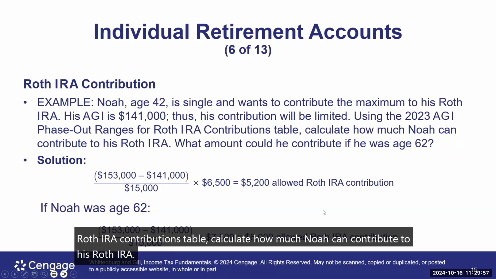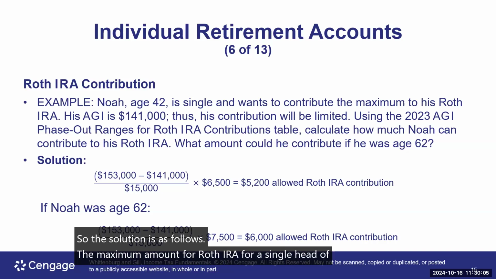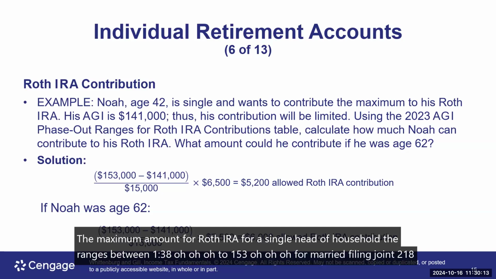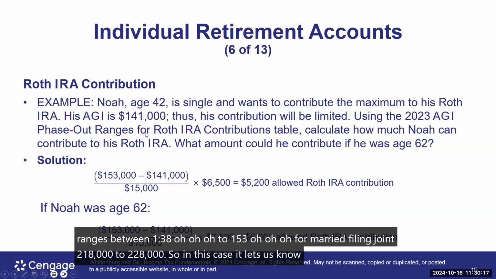So the solution is as follows. The maximum amount for a Roth IRA for a single or head of household filer has an income range between $138,000 and $153,000, and for married filing jointly, $218,000 to $228,000. So in this case, it lets us know that he's single. So the range is as follows: